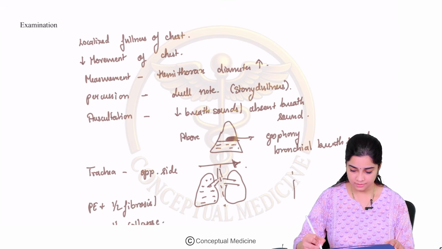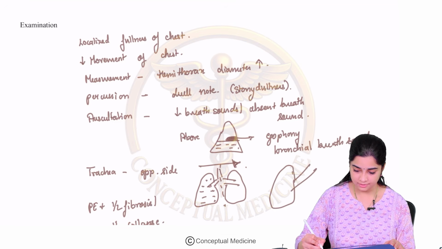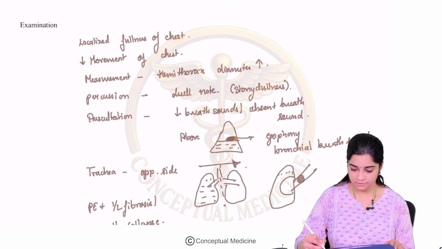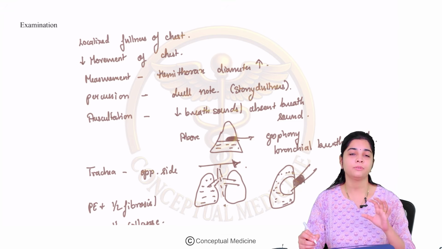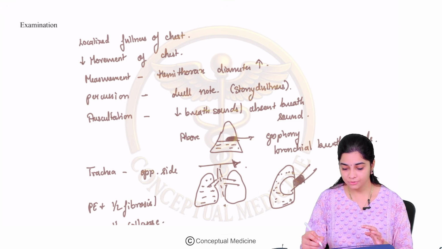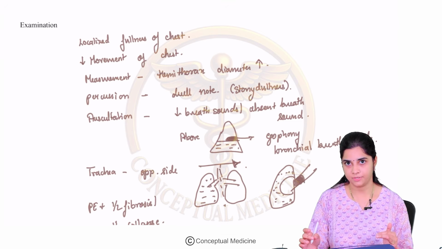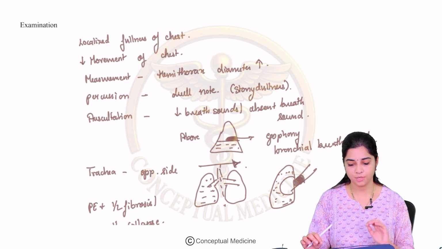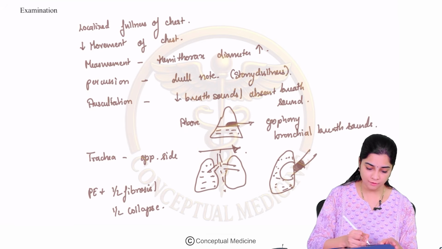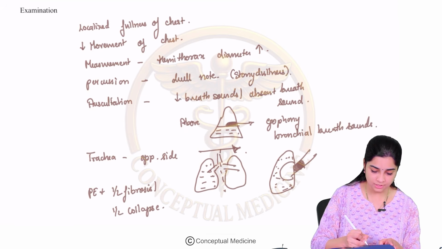So if there is a pleural effusion and there is a mass here, then the lung is going to collapse, right? So this is going to have a pleural effusion and there is an endobronchial mass, then the lung is going to collapse on that side and you will have an effusion, but the trachea will not be shifted. Okay. So this is about the various examination findings, and of course in your general physical examination, you will have